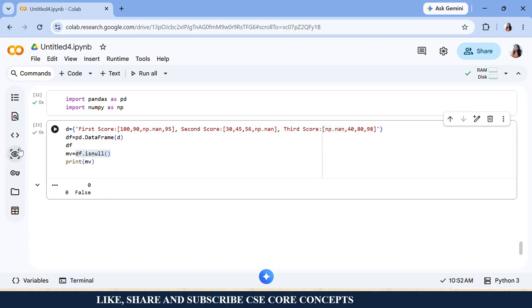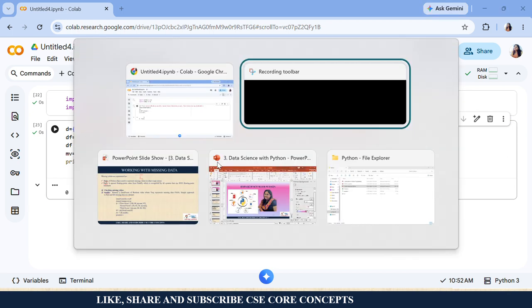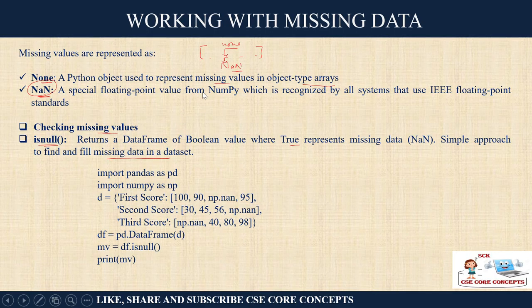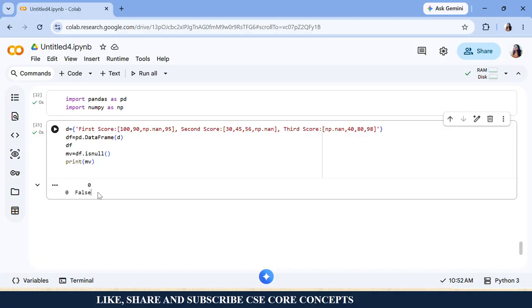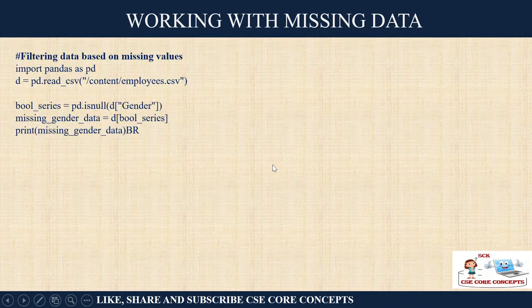It is not null. But it is NaN. NaN means it is some floating point value, a special floating value which is recognized. You are not saying it is blank or missing, but you are saying it is NaN. It is a special floating point value. So that is why it is giving you False, that there are no missing values.